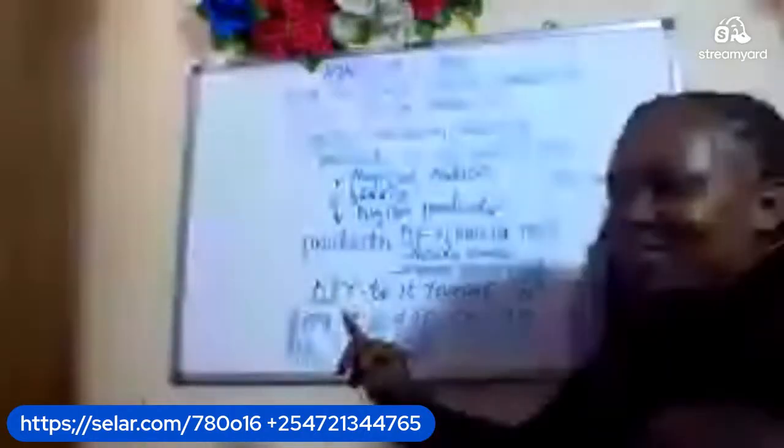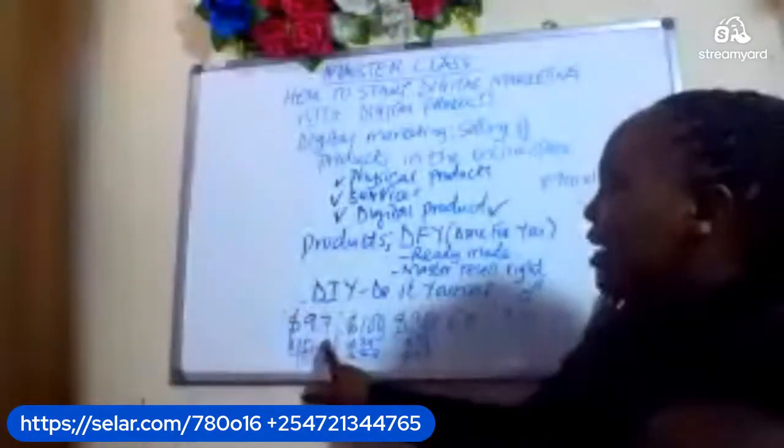I'm just waiting for something, and you know what it is, you won't mention here. It will be ready made. But for this one, 10 minutes and you have it. What we will do is connect this one also on Seller, because Seller is an online store. So we have different stores. Let me just highlight for you. If you're learning with me, let me share with you the stores that you can have before the close of the day of the business. Let me just write here the stores that you can use.